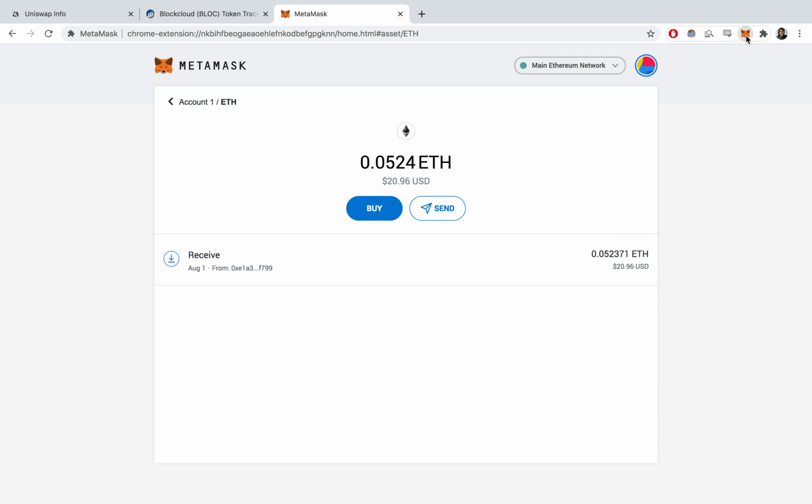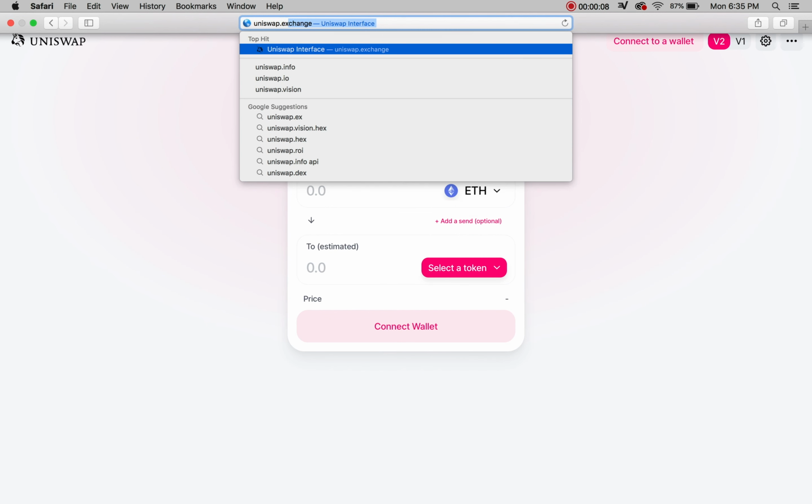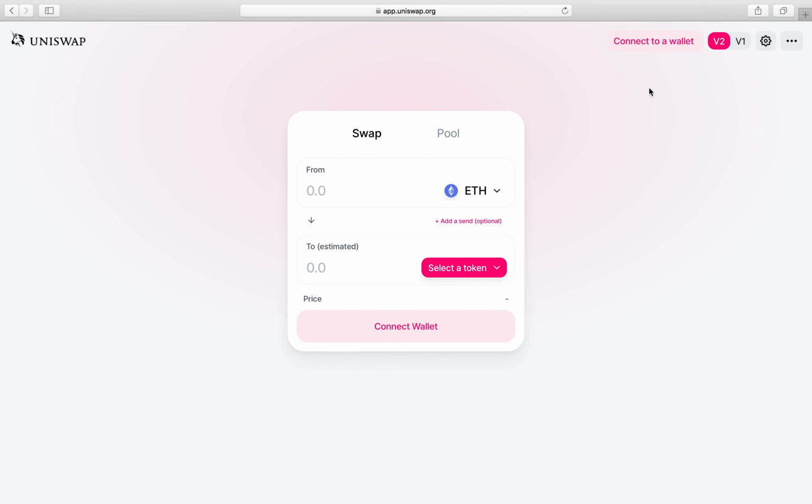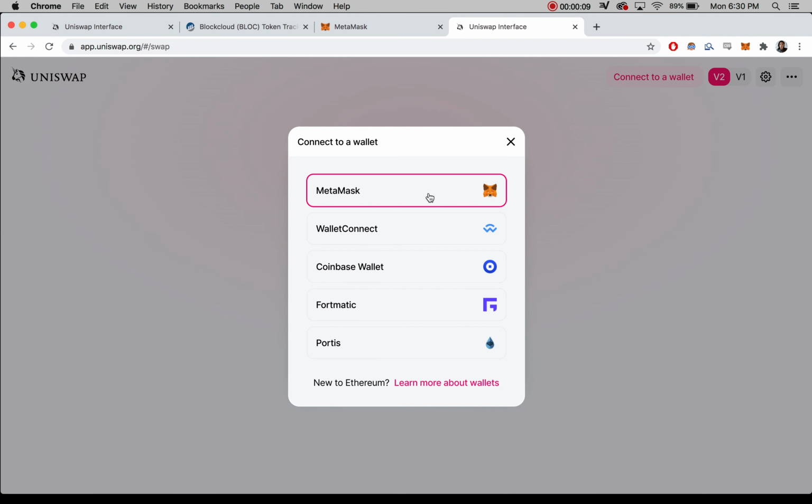First thing you need to do is make sure that your MetaMask account has Ethereum. In our case, we have about 20 bucks here. So we'll head on over to uniswap.exchange, and we'll need to connect our MetaMask to the Uniswap platform. To do that, you'll need to click connect to a wallet in the top right corner and select MetaMask